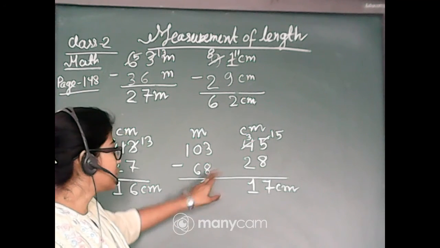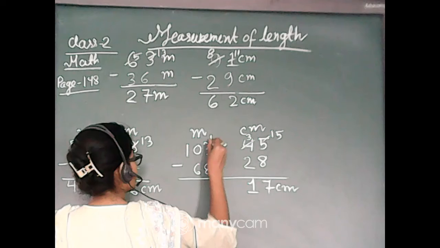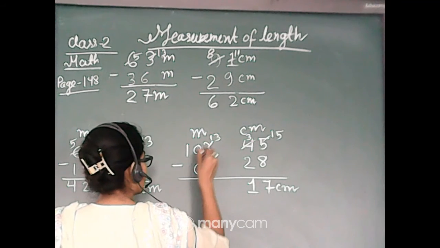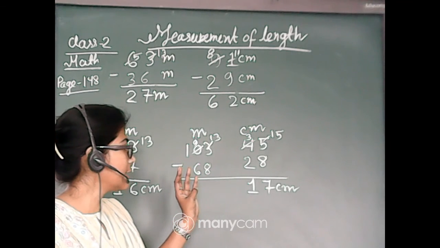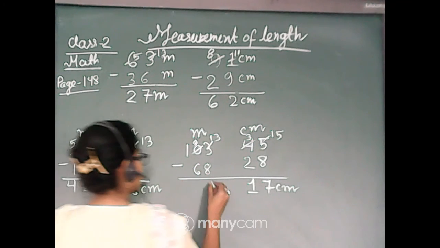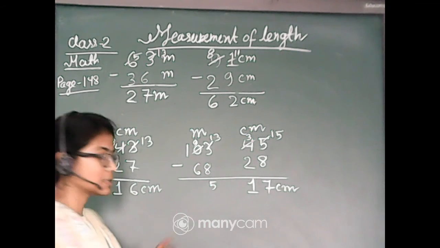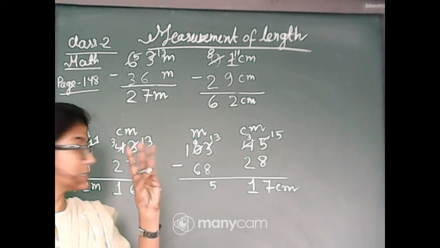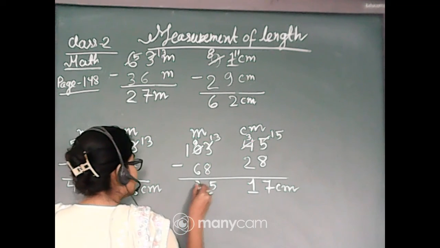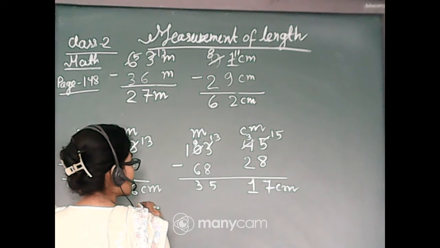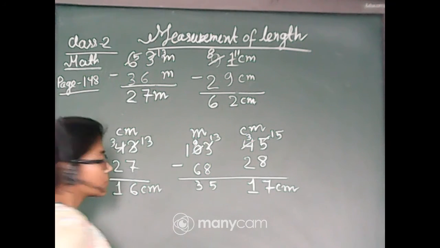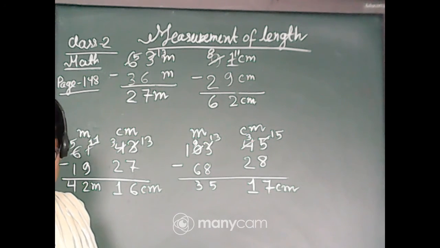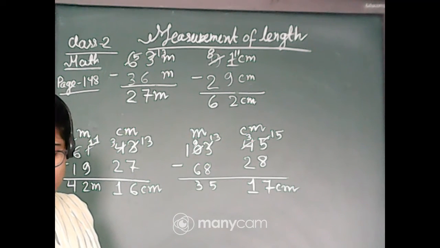Then after that, after 8, here also it will become 13, and for that it will become 9. So after 8, it's 9, 10, 11, 12, 13, 5 fingers. After 6, it's 7, 8, 9, 3 fingers. It will become 3 fingers.